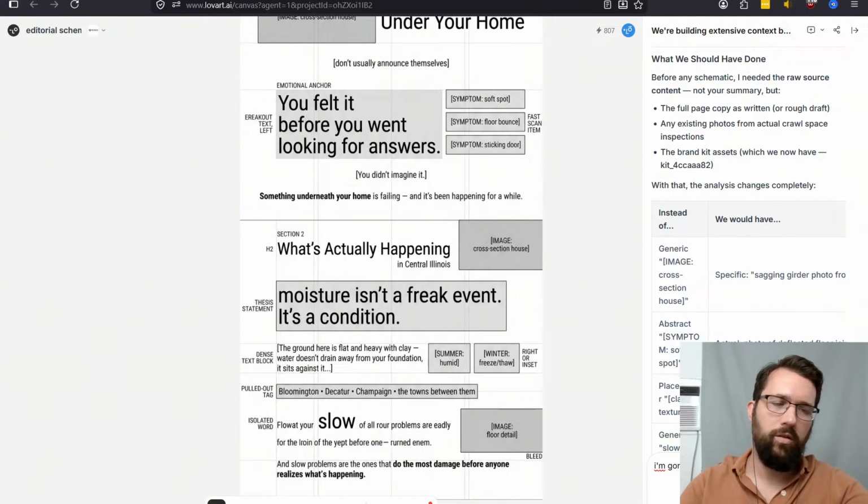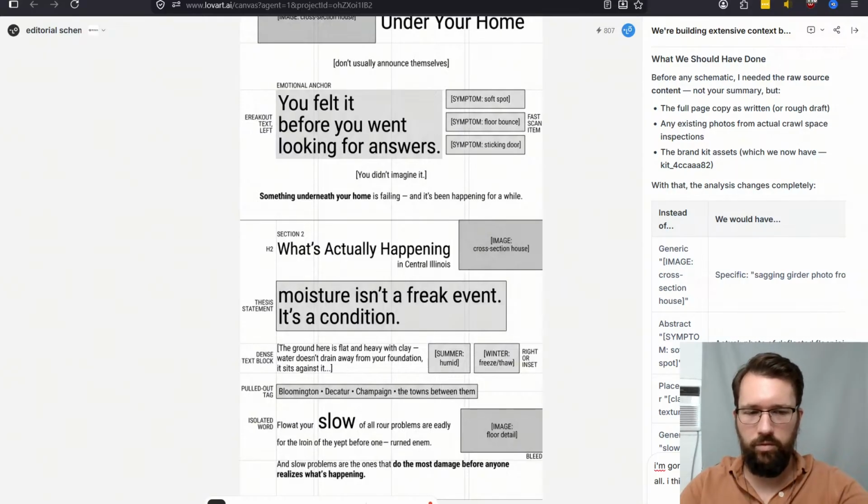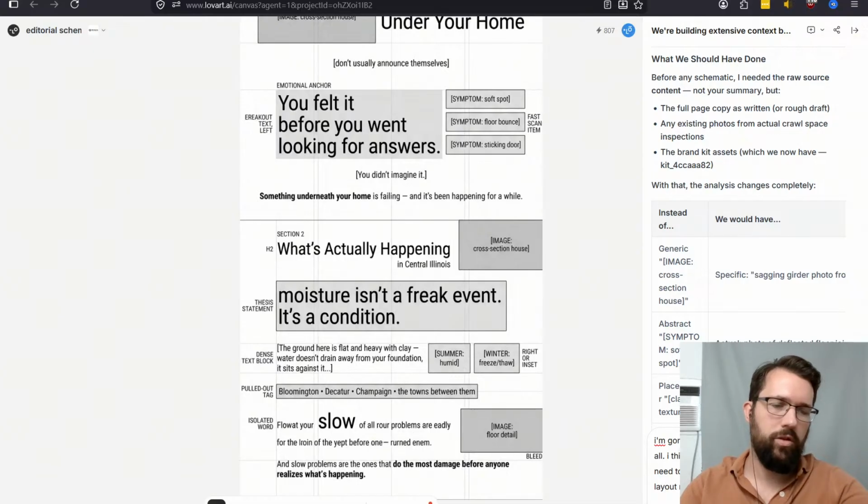You don't need the visuals at all. I think something you said was right, though. I need to, in my prompt somewhere, tell you that the layout really should be